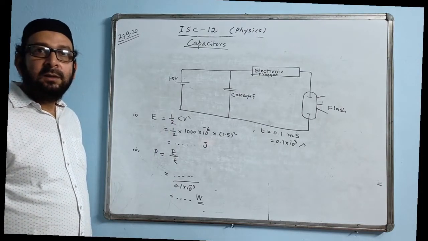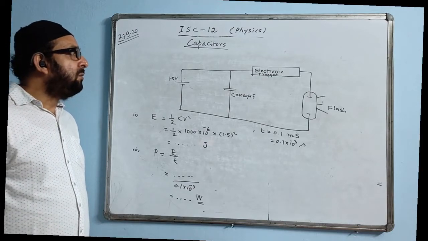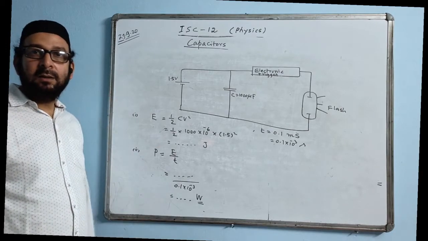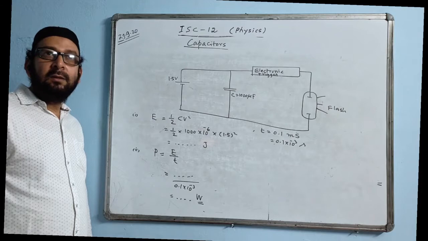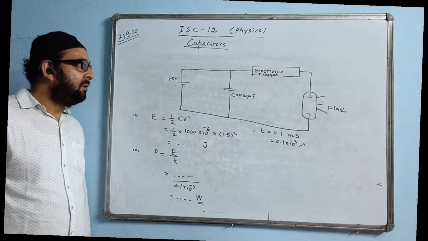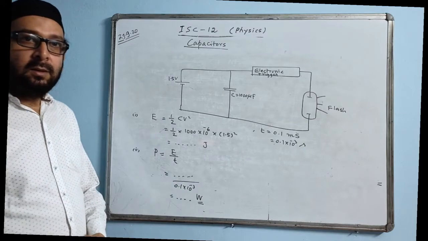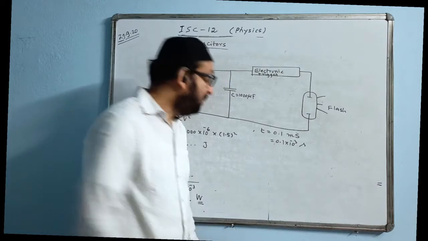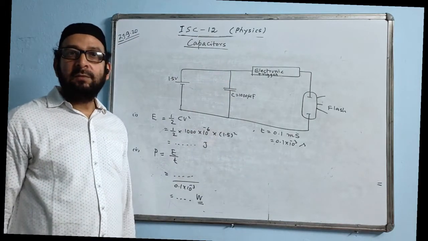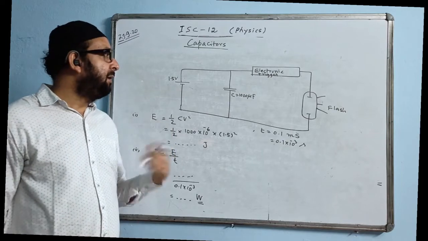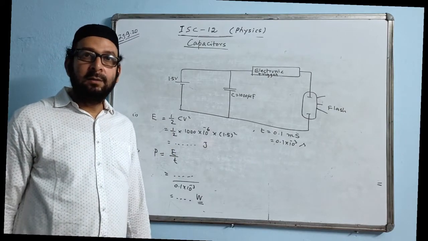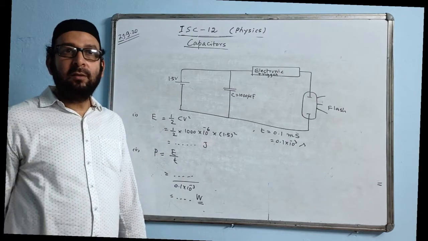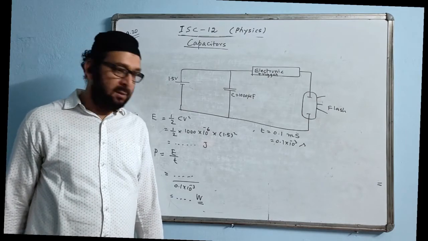So with this, the chapter is complete. Most probably next day, that is Thursday, we will be starting current electricity. There we will come to know about Ohm's law and all those things, the definition of current and all. So this much is the topic from the chapter capacitors. We have completed it. Electrostatics we have finished. Now we will be doing current electricity, the new unit, next day. So thank you.